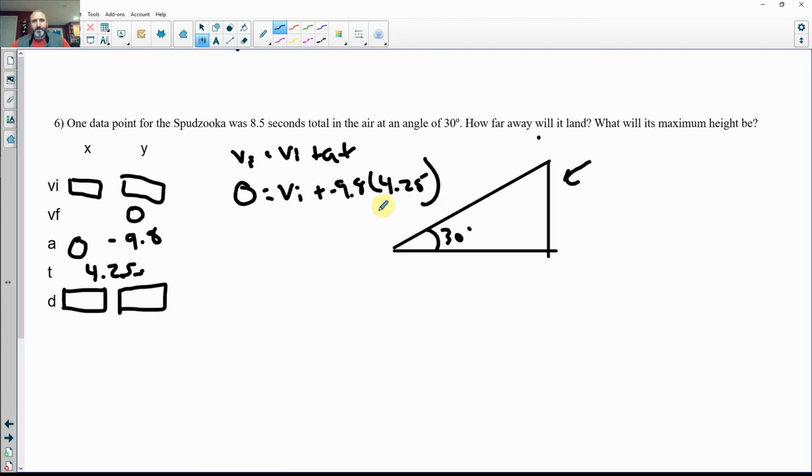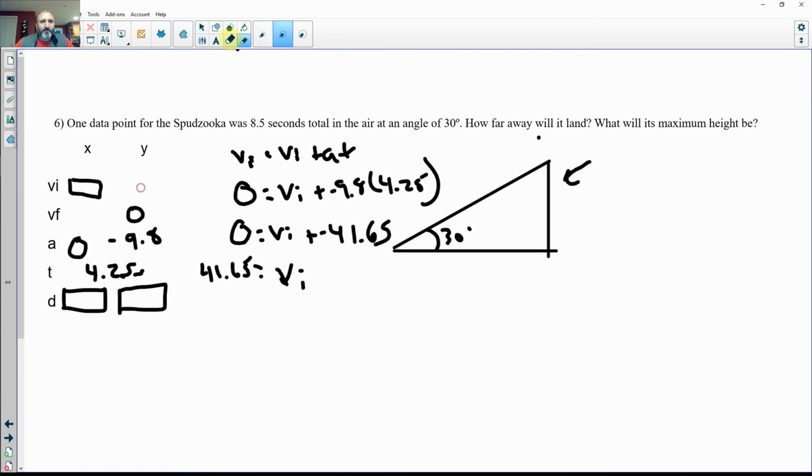So let's do a little bit of math. Negative 9.8 times 4.25 is going to be negative 41.65. So 0 equals Vi plus negative 41.65. I'm going to have to add that to both sides, and Vi will be a positive 41.65. Now that's kind of cool. And I hope you understand why that's kind of cool, because all we did was we knew the hang time, and we were able to figure out how fast it was going in the y dimension. So that's nice,